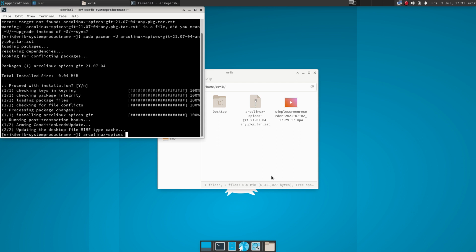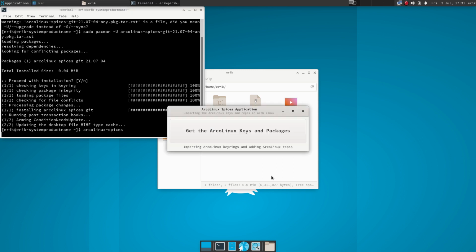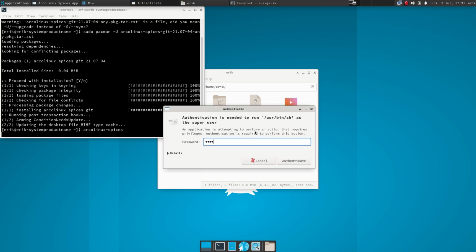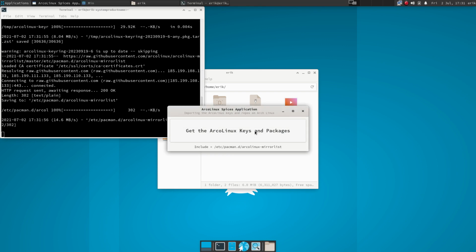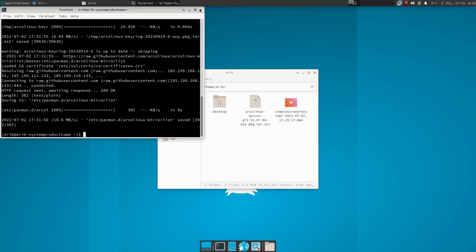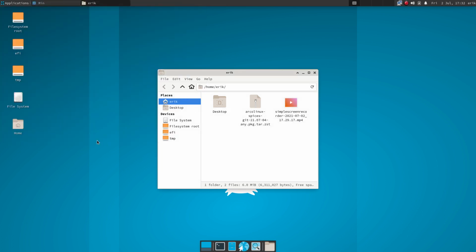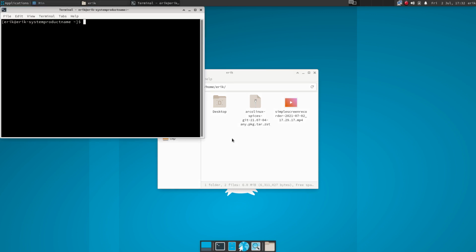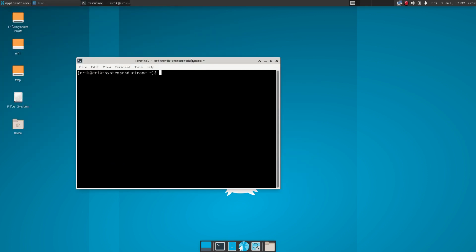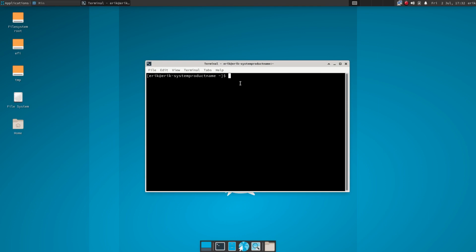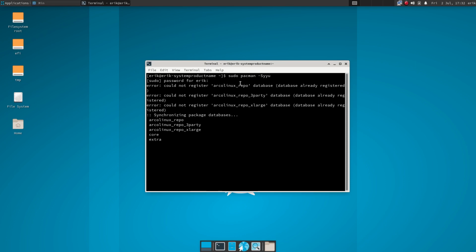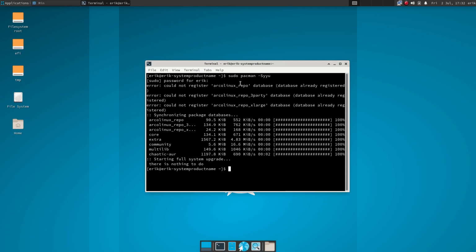Always a good idea, because then you see what happens to the application, what elements it's doing, and then get the ArcoLinux keys and spices. It's going to ask for root permissions, and everything is on its way, and done it is. That's all it is. You can check a little bit longer what's in there. Basically, we need to go back to the terminal, and the Spices tool is now ready to be deleted. I mean, sudo pacman -S. First we check, of course, and database already registered. Okay, fine. So we need to go to sudo nano /etc/pacman.conf,